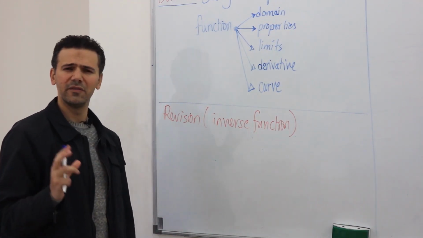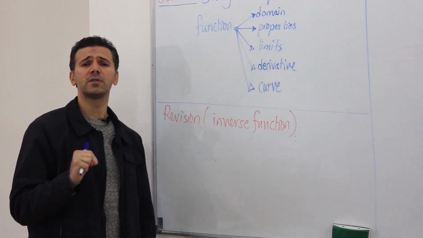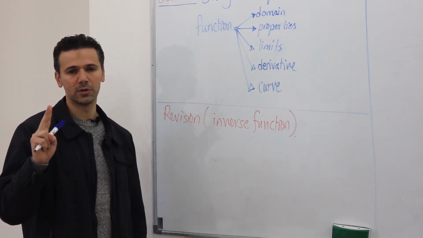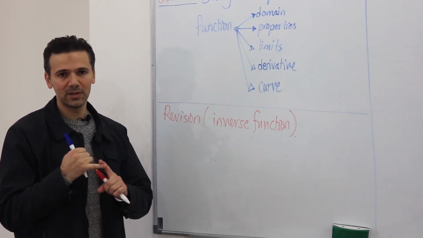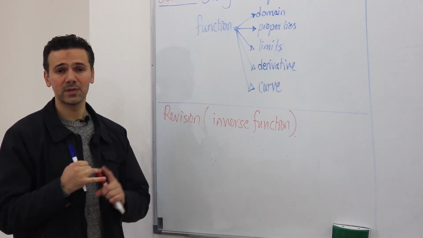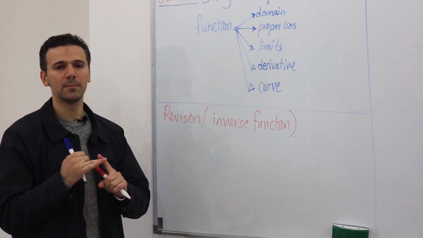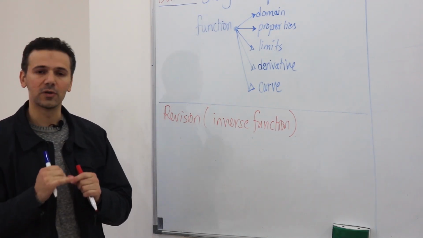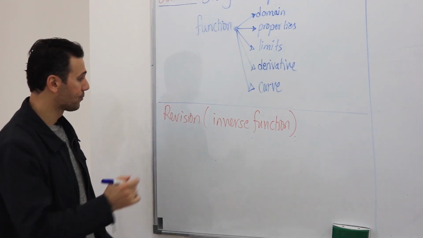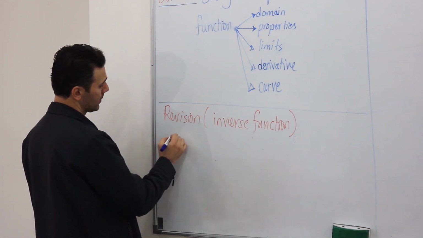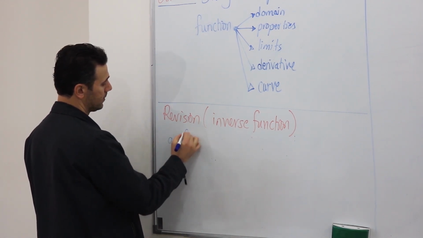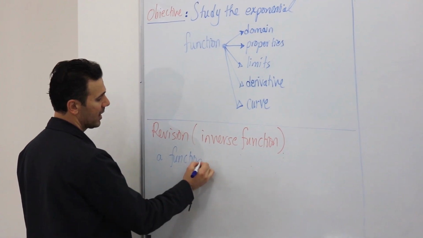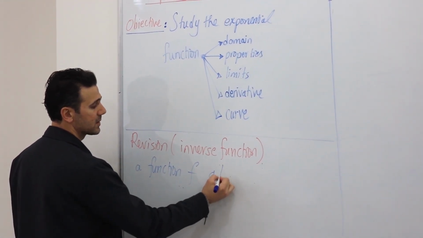As we know, a function admits an inverse if it has two main conditions, which are continuity. This function should be continuous, and also strictly monotonic. Monotonic means that it is strictly increasing or strictly decreasing. Let's write this down. A function f admits,